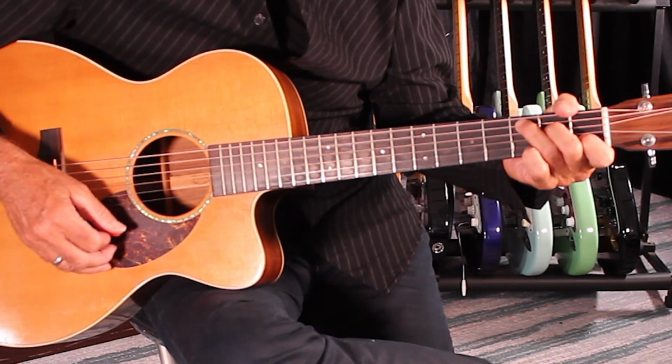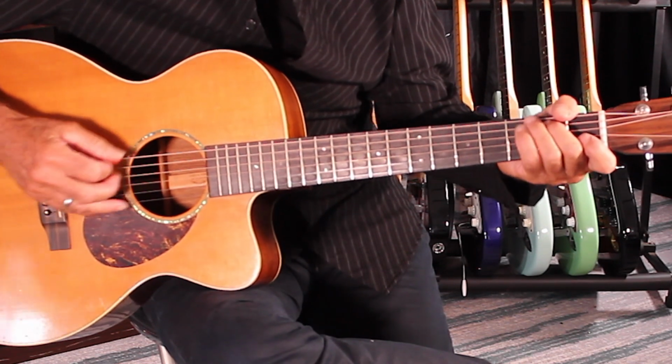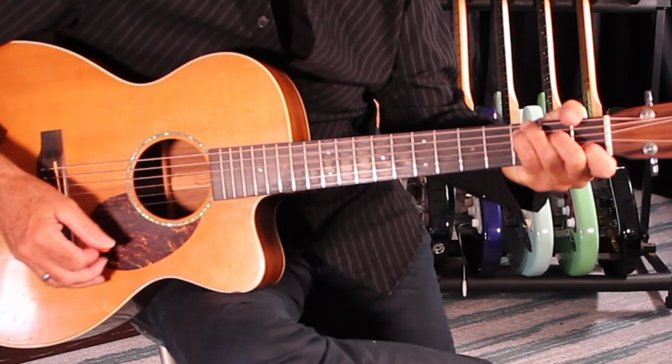See how I walked up there? He's got the world in his hands. Gotta have a little interior melody, so if you do the little hammer on,